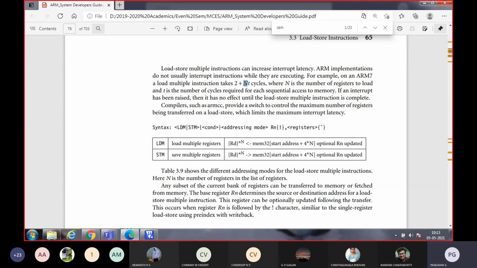T means the number of cycles required for each sequential access to memory. So generally 2 plus NT. How many registers you have, multiplied by how many cycles are required for each register transfer. That will take the time. If an interrupt has been raised, somebody